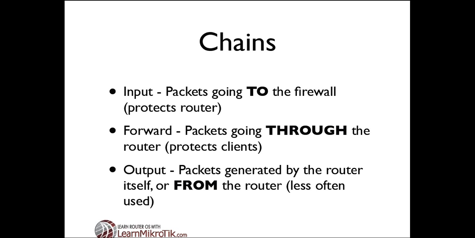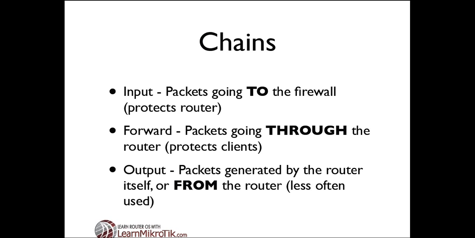The input chain, that is packets that are going to the firewall device itself. So if you put rules in the input chain, those rules will protect the router itself. The second chain is the forward chain, and that is packets that are going through the firewall. So if we have clients behind a firewall, any packets that are going to those clients are going to go through the forward chain. So this is where we're going to put rules that protect our customers or our computers on our local area